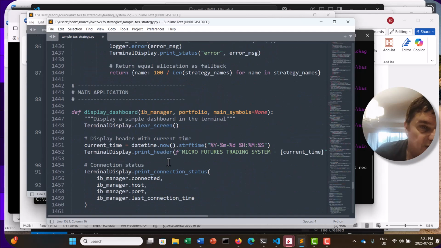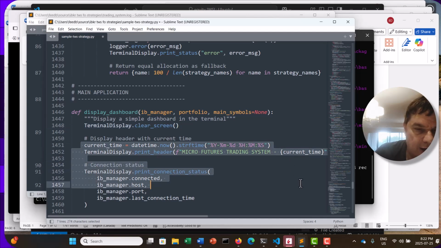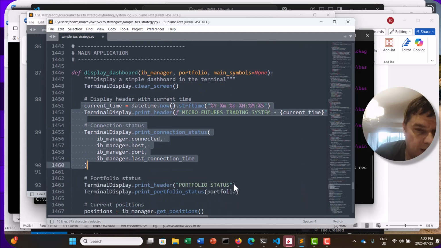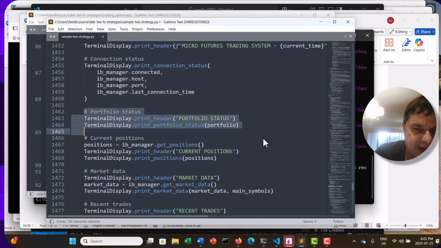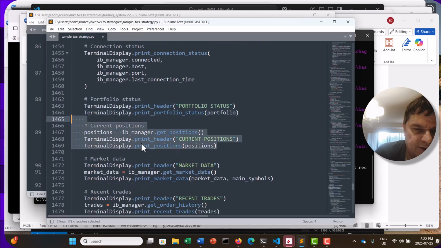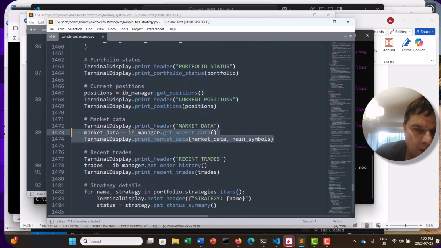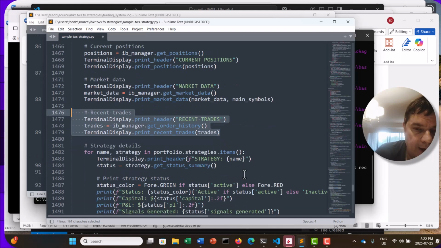Okay. So this is the main function, right? Or the display on a so-called dashboard. Clear the screen. Have our date time. What I showed you at the beginning. All the IBTWS info. So here it's tracking portfolio status, current positions, market data, recent trends, trades, and then the